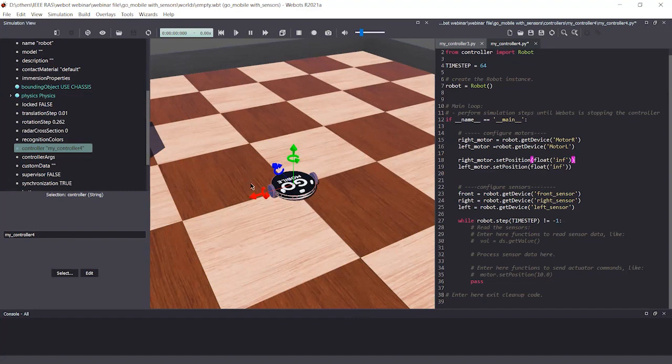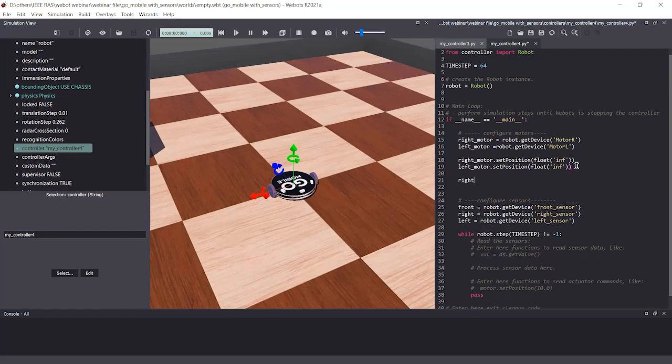But sometimes, when we are starting our robot, as soon as we start the program, the robot may start to run. To prevent that situation, I'm going to do it like this: right motor, I'm setting the velocity to 0.